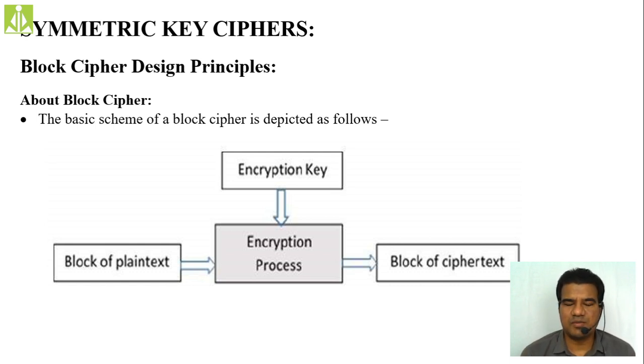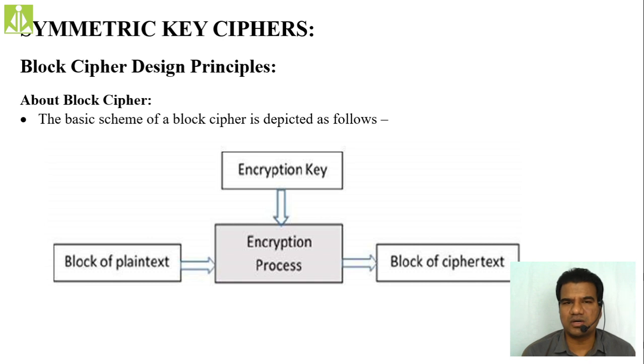Generally these symmetric key algorithms are block algorithms. The complete plain text is divided into equal-sized blocks, and each block is processed independently. Because of that, we also call these symmetric key encryption algorithms or symmetric key ciphers block ciphers. We discussed that there are two different types of ciphers, block ciphers and stream ciphers. Symmetric key encryption is one example of a block cipher algorithm.